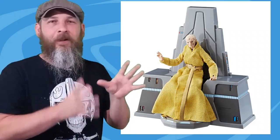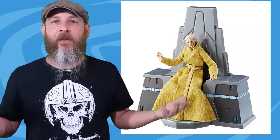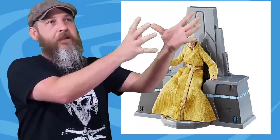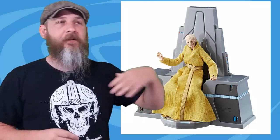Next up is the GameStop exclusive Supreme Leader Snoke with Throne. Yeah, there's been leaked pictures, but this is pretty much the first time we're seeing Snoke in person, not a hologram. It looks okay. It'll be a nice centerpiece for... well, I still don't have a throne for Emperor. I wish I had that display up here, and then the Last Jedi Snoke on throne with Praetorians all around him over here. You know, in this huge room that I actually have space on the walls for, instead of what I'm actually displaying now. But this will run you $35, and who knows when it comes out, but hopefully it's on the website because my GameStops are kind of...